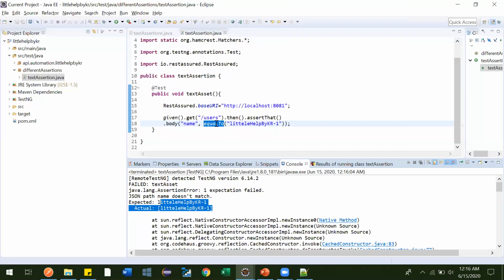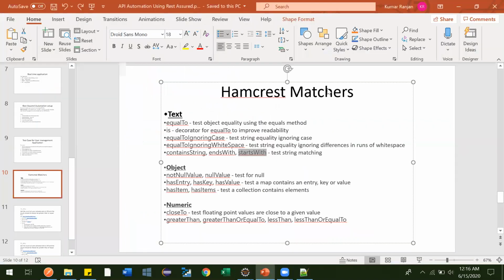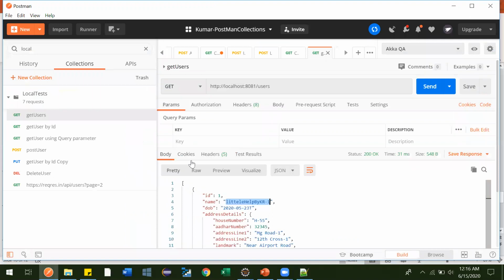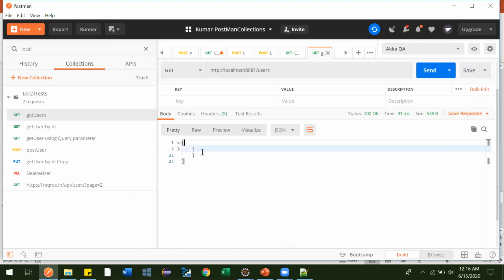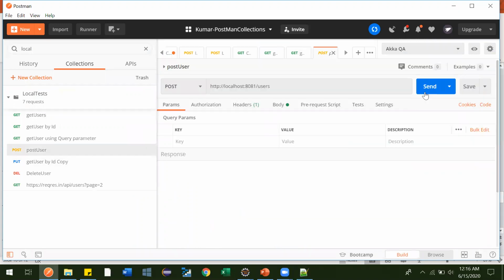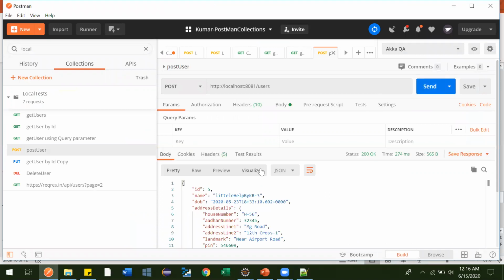In the response you can see we are getting a JSON array, and inside that array we have an object. If we add multiple, it will add one more.